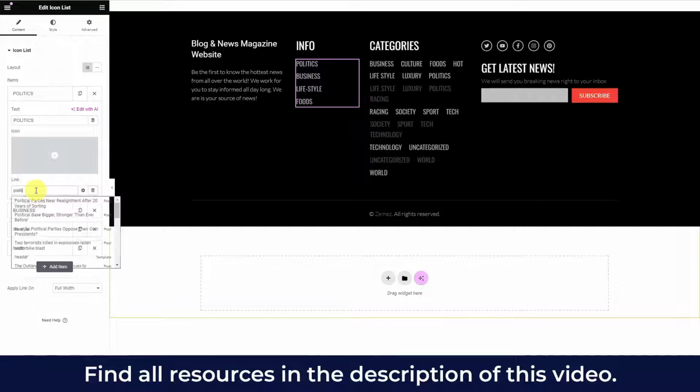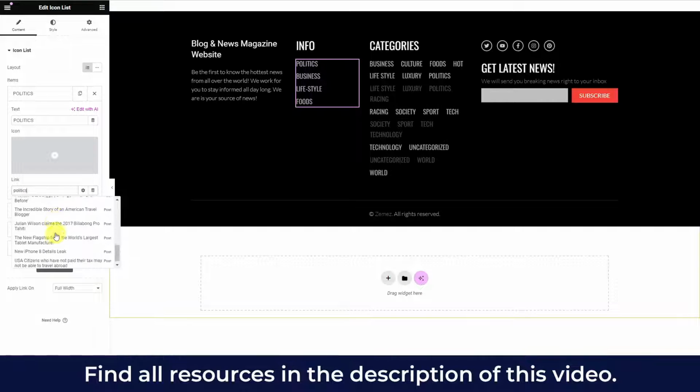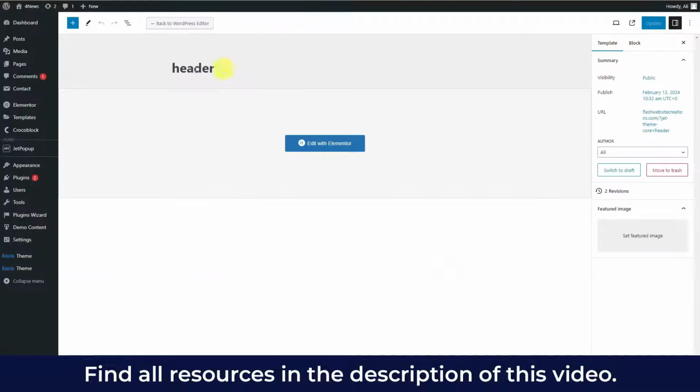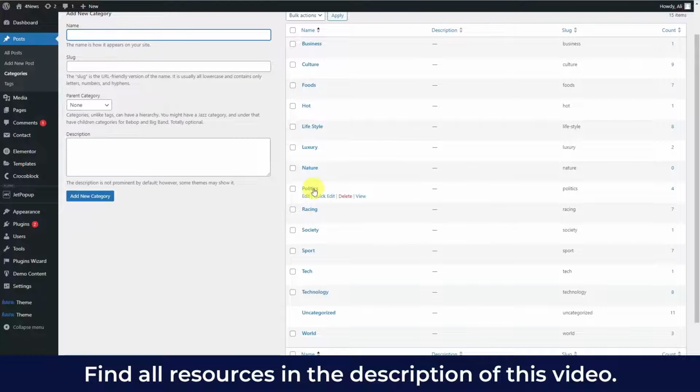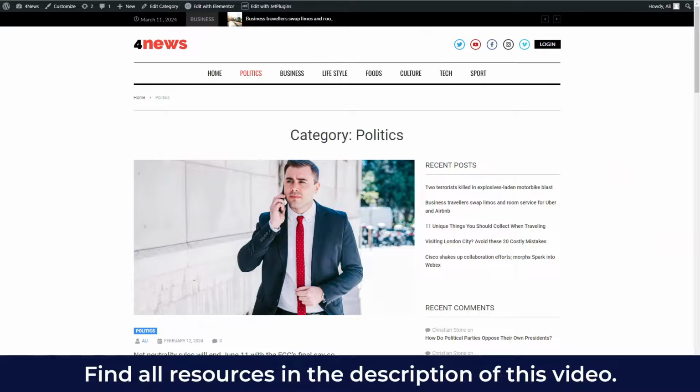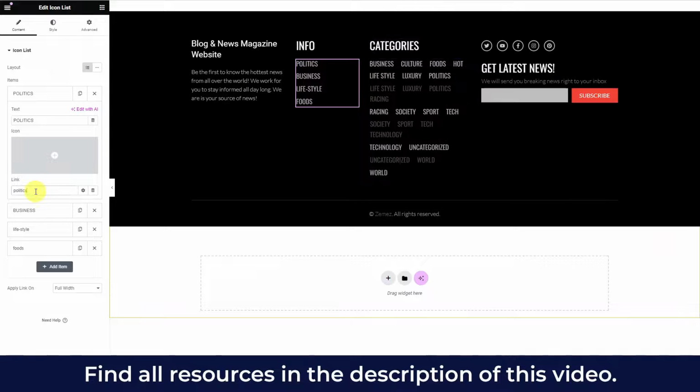So I'll just search for politics right here, and here it will give me all of the posts that are assigned to this politics category. So you can assign this politics, right? But now we actually want to insert the category link. So I'll go back to the WordPress dashboard, then where it says posts, I'll click on this categories button right here, and once you click on this categories, here you can find the politics. So I'll click on this view button, and then from here I'll just copy the link